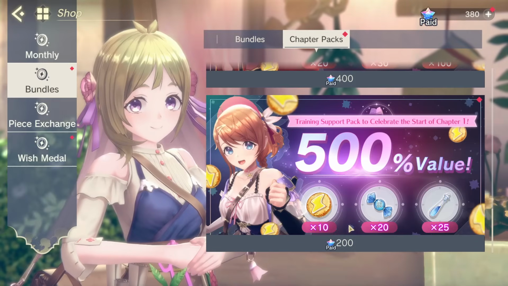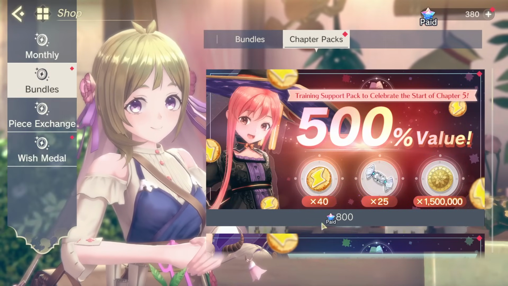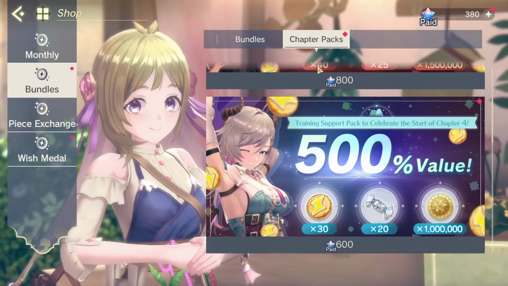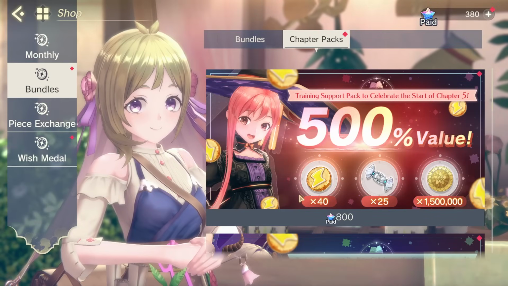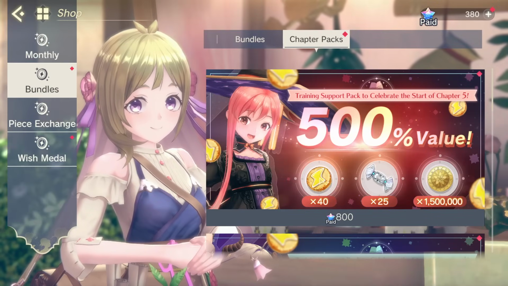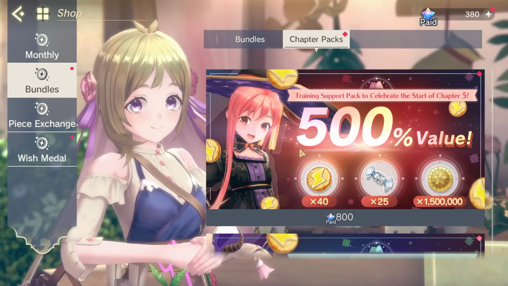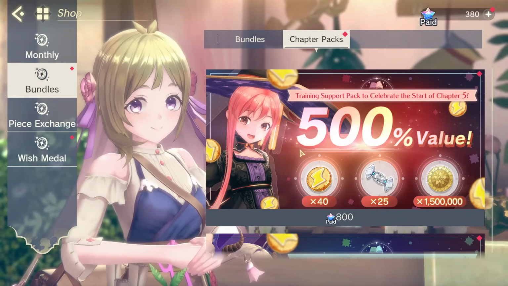So, chapter 1, 200 paid gems, 10 cookies, etc. up to 800 paid gems, 40 cookies. They're all about the same value. The higher one does get a little bit better in terms of XP and coal, but the cookies are the same value. It's 10 per 200 gems. If you want to support the game, this amount of cookies for this amount of gems is good value,